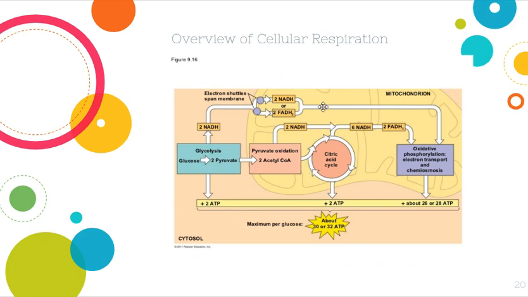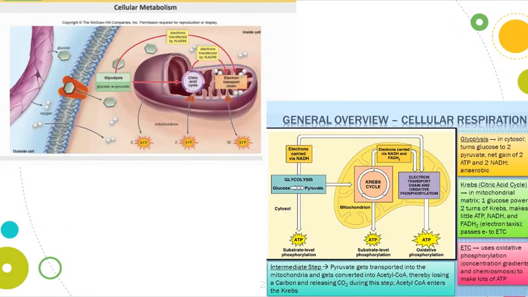We're going to get into it. We're going to make some NADH. We're going to make some FADH2. We're going to produce some ATP. And then bam, down here, look at all that ATP. At the end, we're going to produce about 30 to 32 molecules of ATP per glucose. That's a lot. Here's some more diagrams of what we're going to get into tomorrow, okay? But that's the overall overview of cellular respiration.